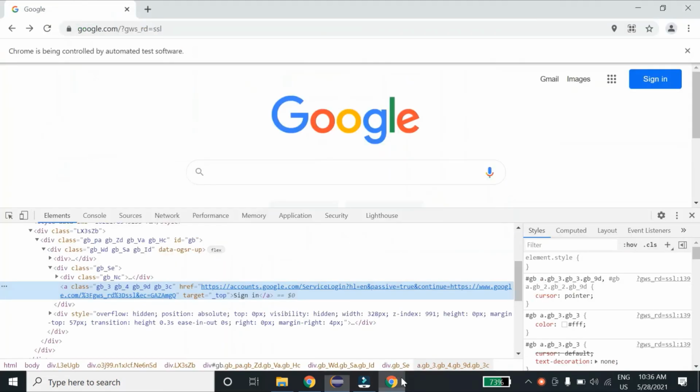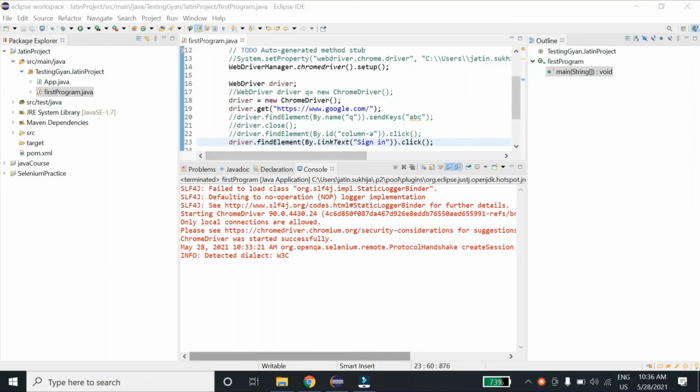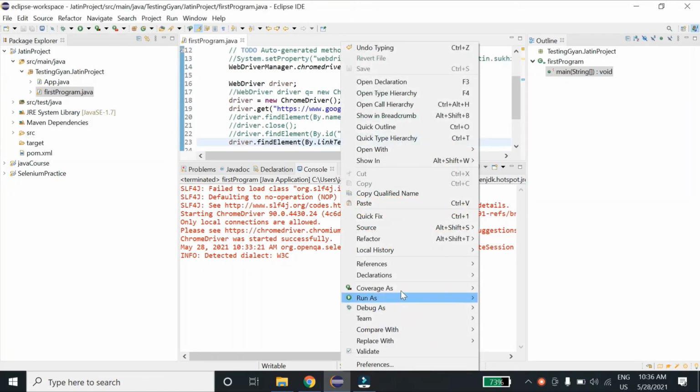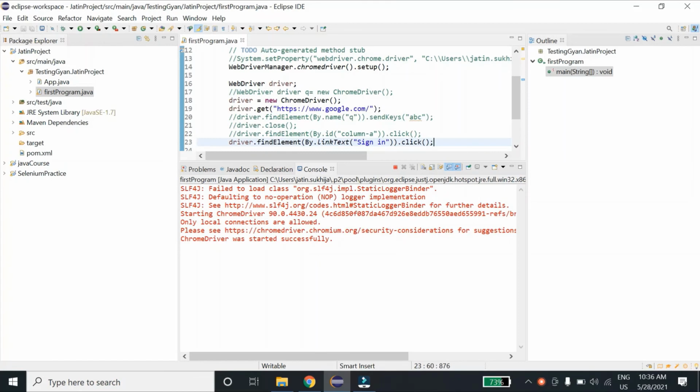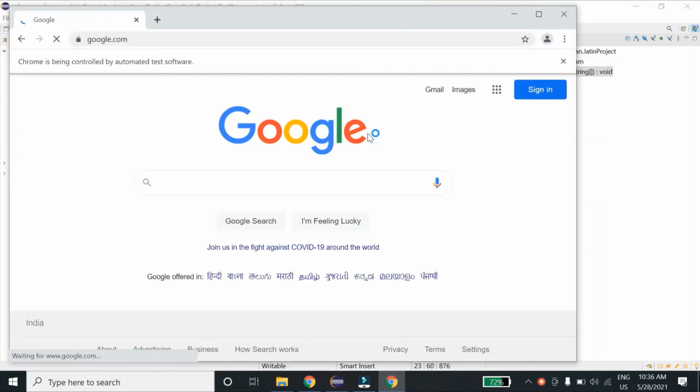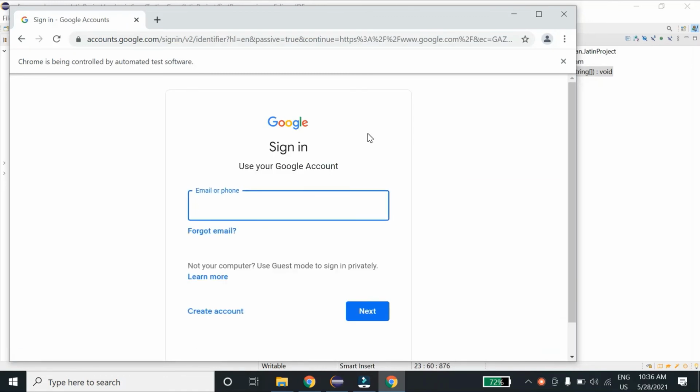Let me run this and verify whether it is clicking on the sign in button or not. As you can see over here, it launched google.com and it clicked on that sign in button. So that's how you can use the link text locator technique.